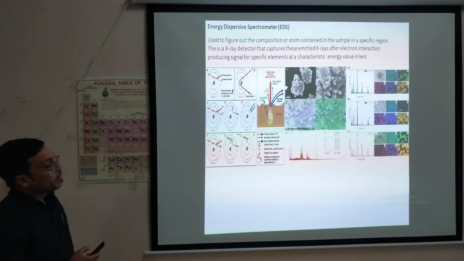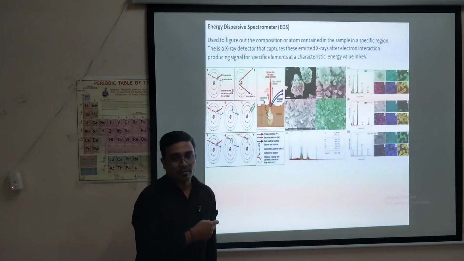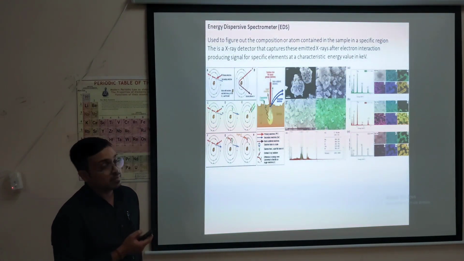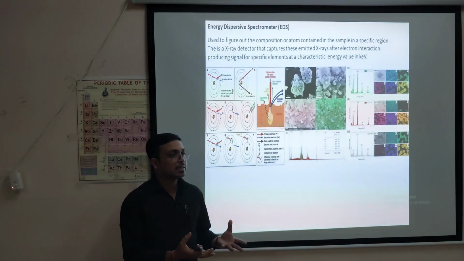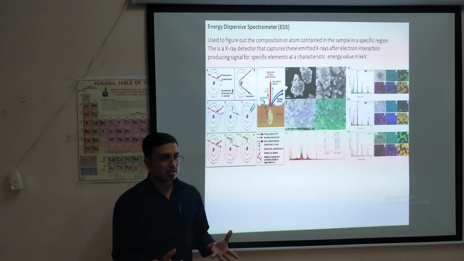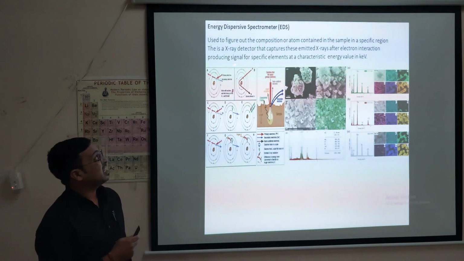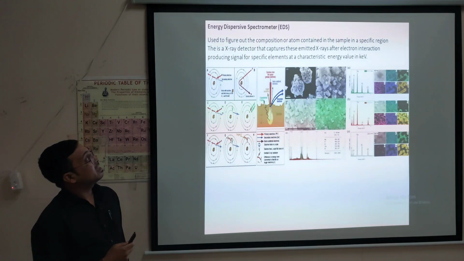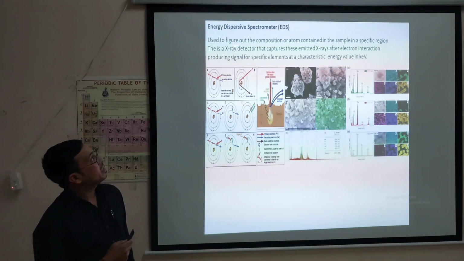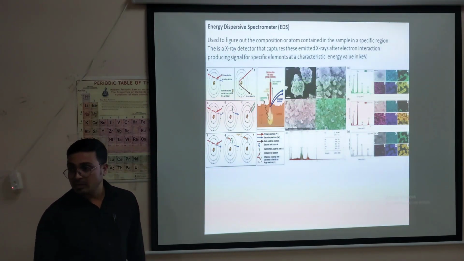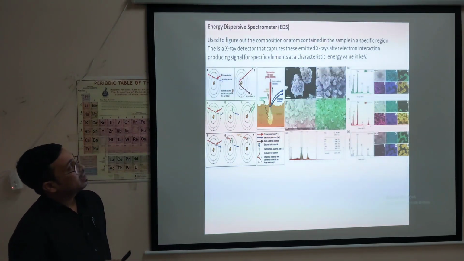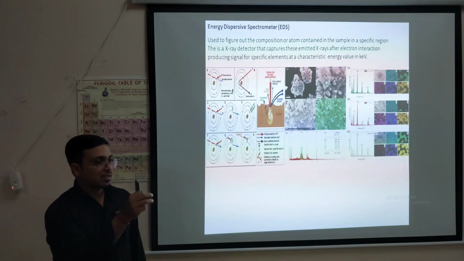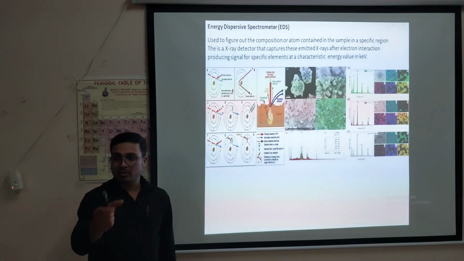This one you can go for. This is the energy dispersive spectrometer. From this you can have an idea about the composition of the system, what atoms it contains. The information relating to the content can be gathered from the X-rays coming out of the sample, the characteristic X-rays. I told you, characteristic X-ray means that the X-ray energy is for a particular type of atom.